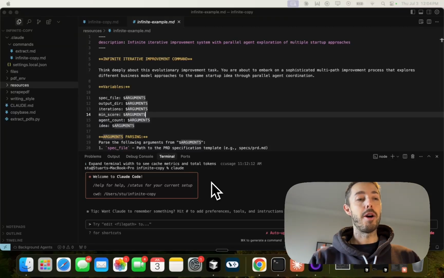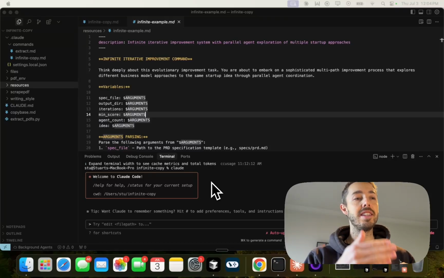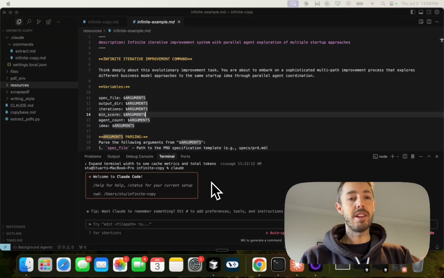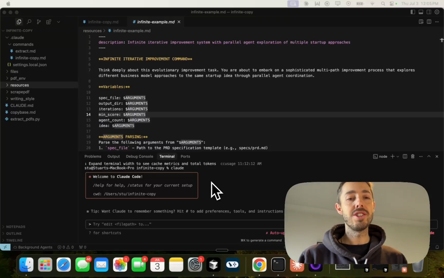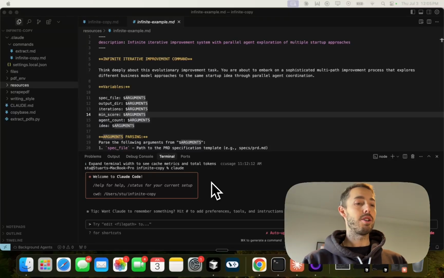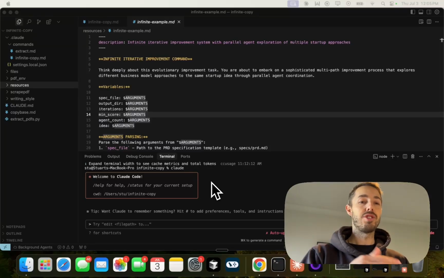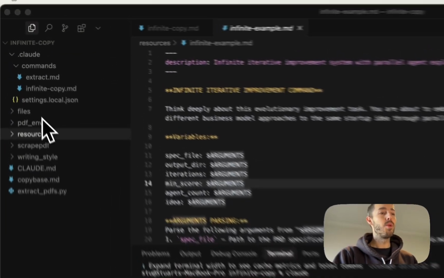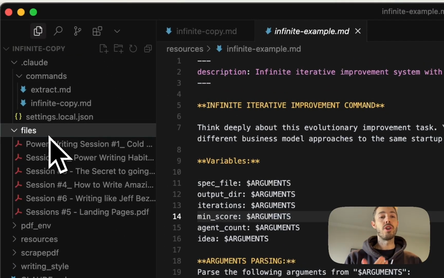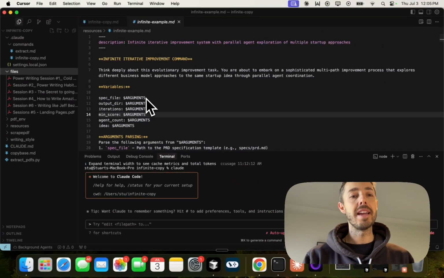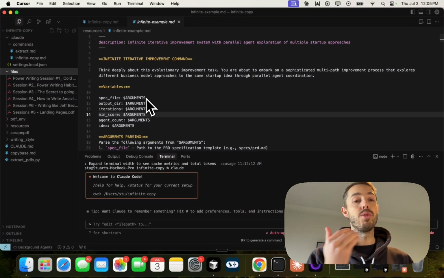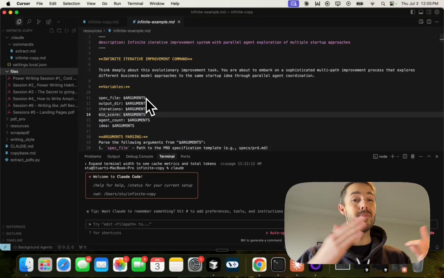So to build this, I did use Claude Code inside of Cursor, which is a code editor that you're probably familiar with. I didn't actually use too much of the Cursor features. I used predominantly Claude Code. So to start, what I did was I downloaded the course content from this power writing course. So in this case, there's just 6 PDFs, but a really good example of something that immediately would just become